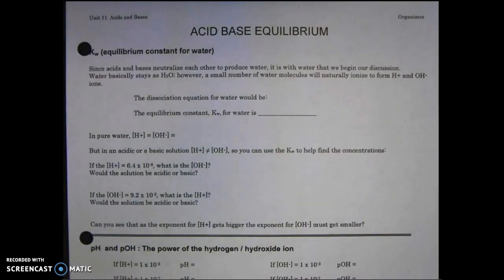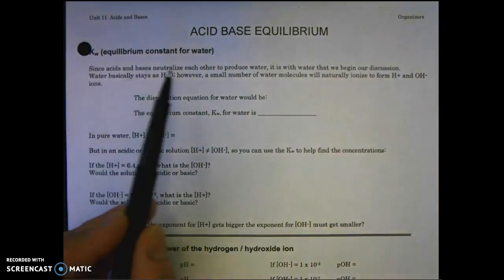So this video is going to have us take a look at acid-base equilibrium. And in order to do that, we need to start by examining water. So this organizer is in your binder, obviously in the acid-base unit, so make sure you find these pages. We're going to take a look at both sides. But like I said, we're going to start with the